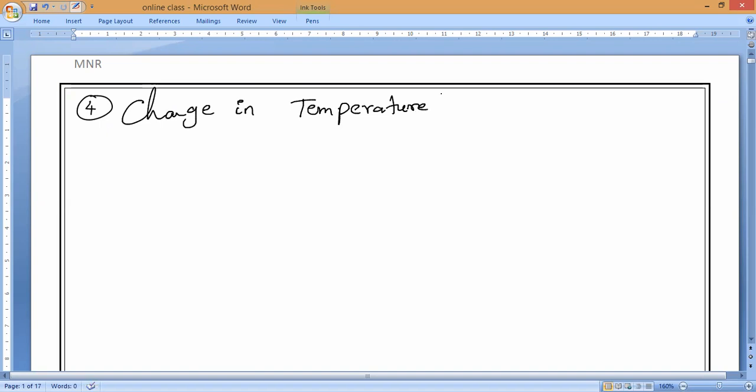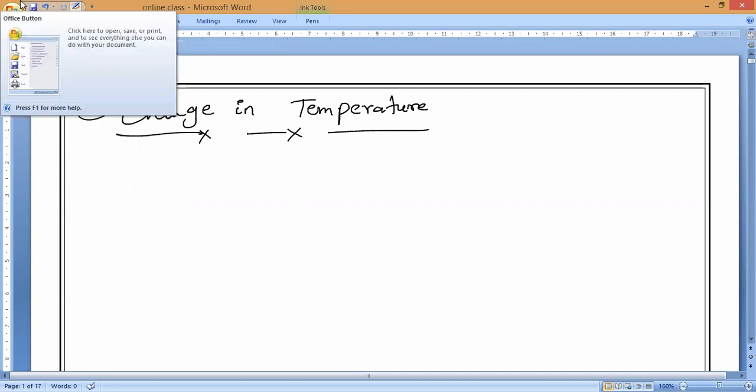So during a chemical reaction, once the reaction takes place, if the temperature of the substances changes, then we can say it is also one of the chemical characteristics. Some chemical reactions are characterized by a change in temperature. So, for example, the best example which we have to take is